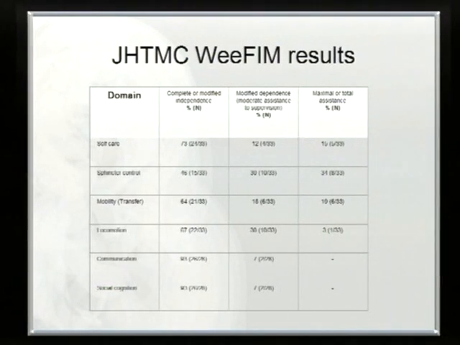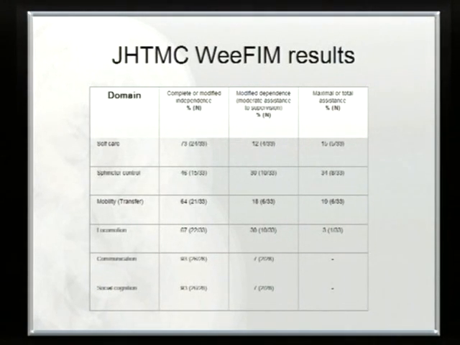And this is our overall results in these domains. So these are the domains of self-care, sphincter control, mobility for transfers, locomotion, communication, and social cognition. And complete or modified independence was noted in 73% for self-care, and then as you follow this down, you see sphincter control was the lowest in terms of follow-up. Only 46% were,